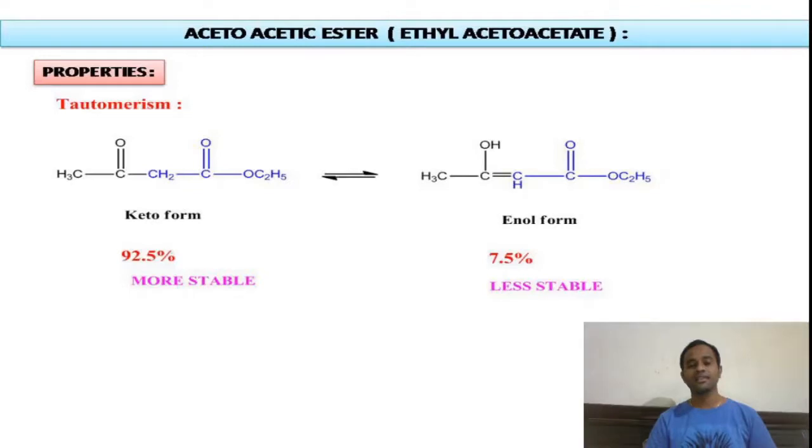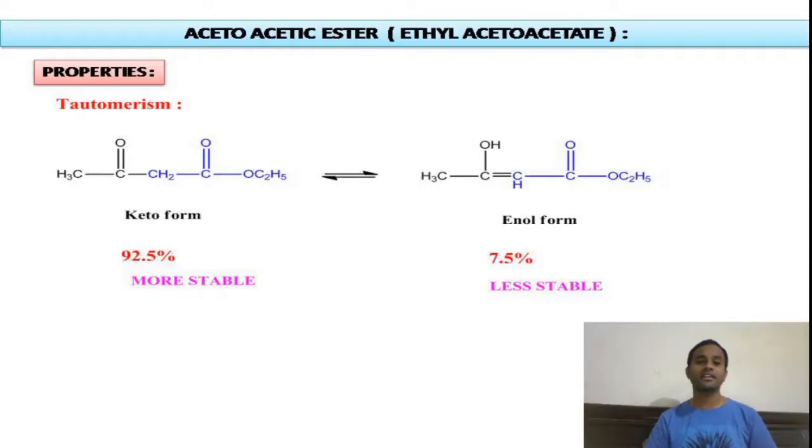What are tautomers? Isomers have the same chemical formula but differ in their properties, and tautomers are isomers which are readily interconvertible. Readily interconvertible isomers are called tautomers. Here our keto form will readily interconvert into the enolic form by the transfer of a hydrogen atom from the active methylene carbon to the carbonyl oxygen. These two are interconvertible, so they are tautomers. One tautomer is called the keto form, another is called the enol form.